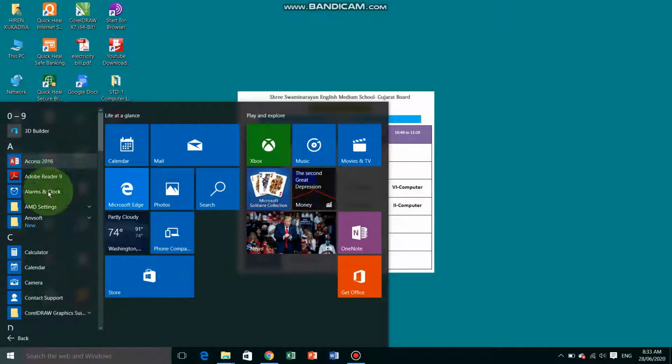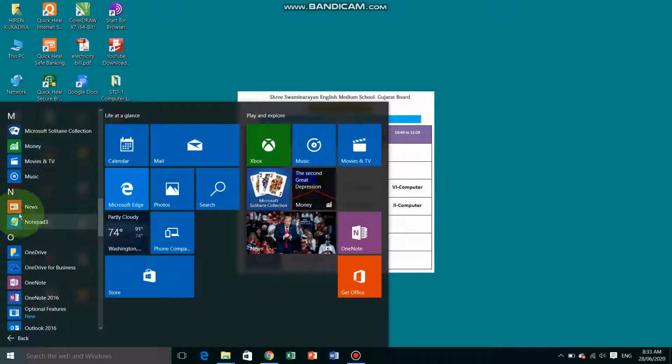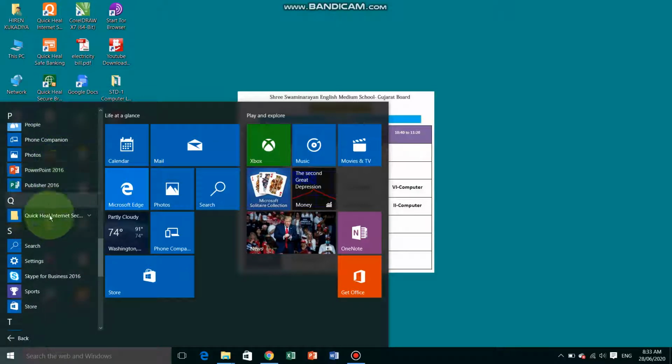According to your requirement, if you install a new application, it will be displayed in this list of applications in alphabetical order, M, N, O, P, Q, R. Understand? So this is the start button, and these are the different applications and software installed here by the operating system. There are some games, weather details, Play Store, Office, OneNote, music, mail, calendar, news, all the applications are here.